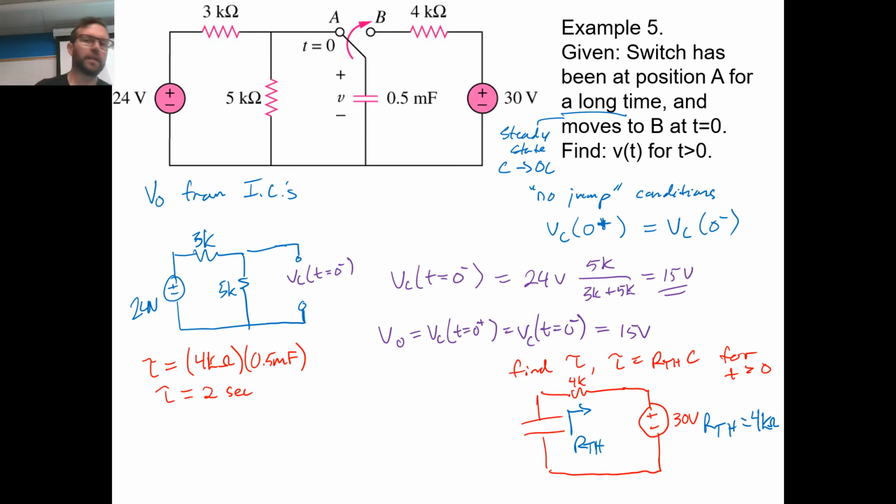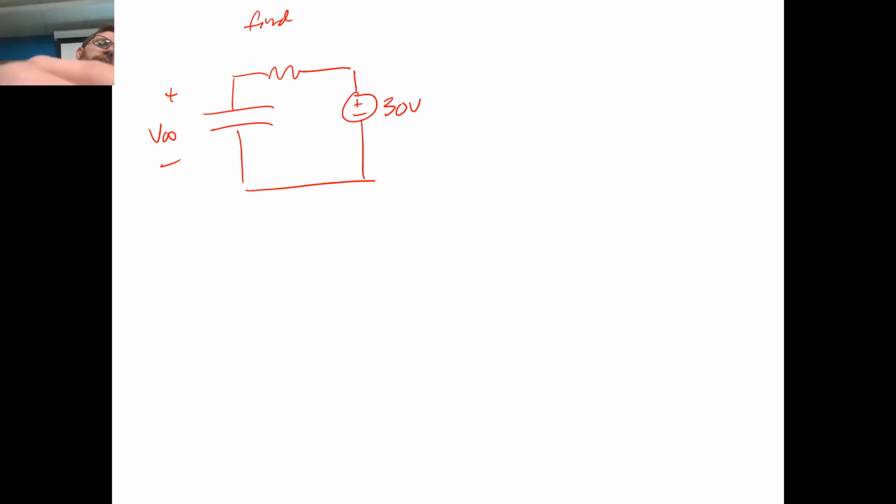Yep. Okay. And so last, if we're following the process, right? We kind of already know, we talked about where this is going already. We actually kind of already know V at infinity, right? We want to find V at infinity. We sort of talked about this already, but in terms of outlining